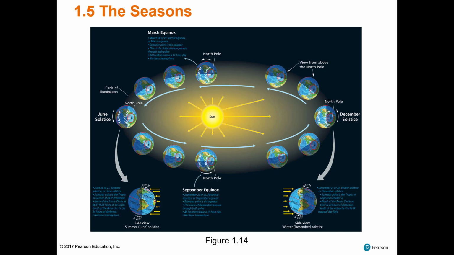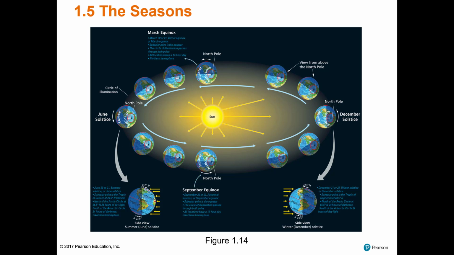So here is a complex diagram showing you different characteristics that happen with the seasons. So we have our equinoxes and we have our solstices, June and December solstice and March and September equinox. And this diagram is showing you the circle of illumination as it changes with Earth's revolution around the sun. So please take some time to review this and carefully read all the information on here